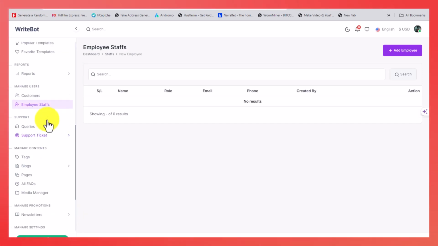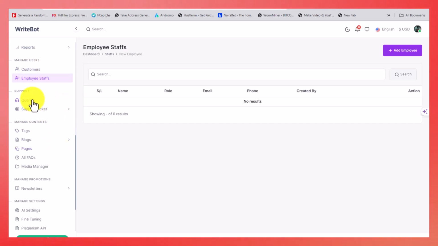Okay, so now we are on the control panel, which you all know. Here is support, where people are going to submit support tickets. So query, there you are going to answer people's support. Here is tag, so you are going to add tags for your blogs. If you click the tags here,